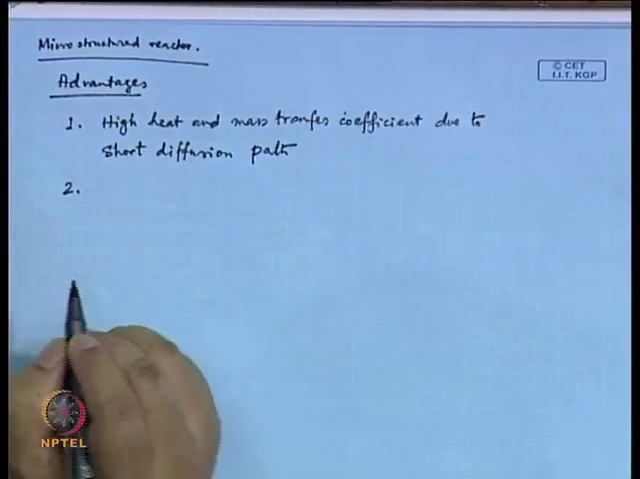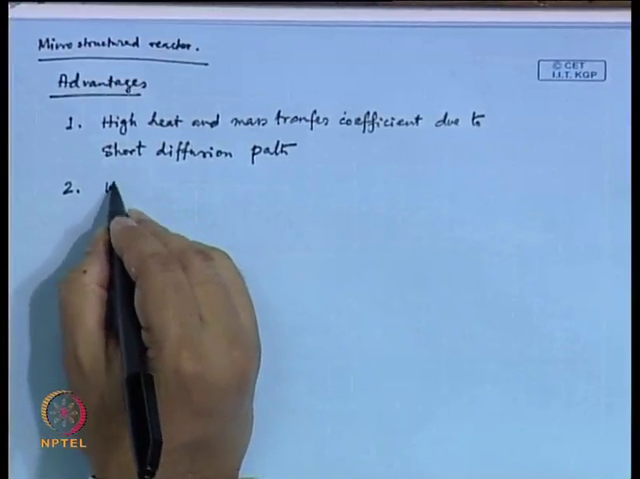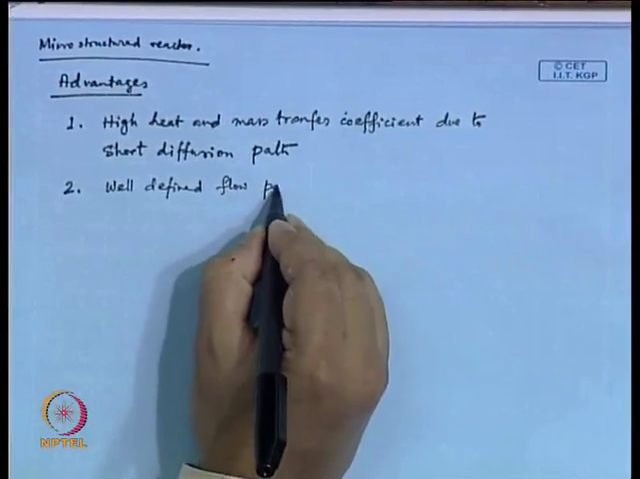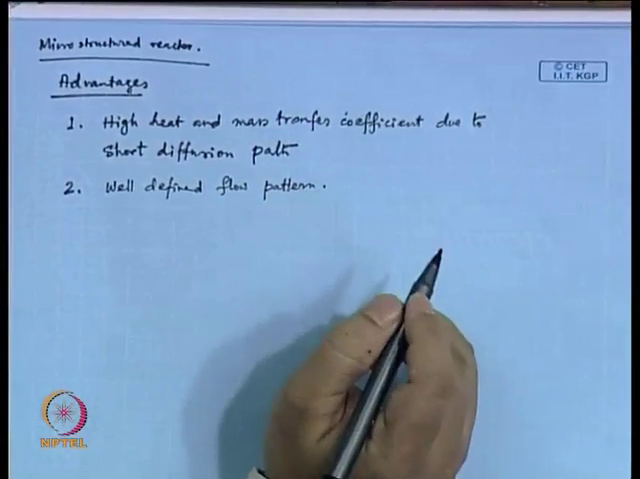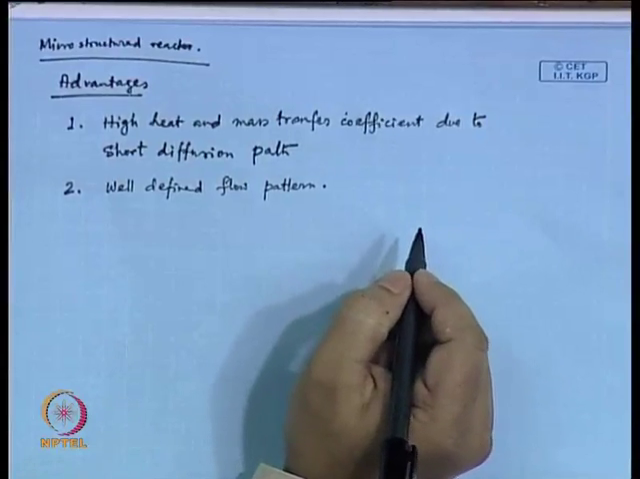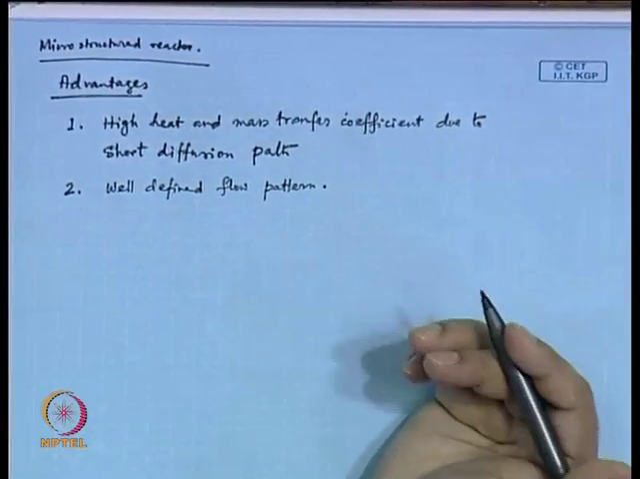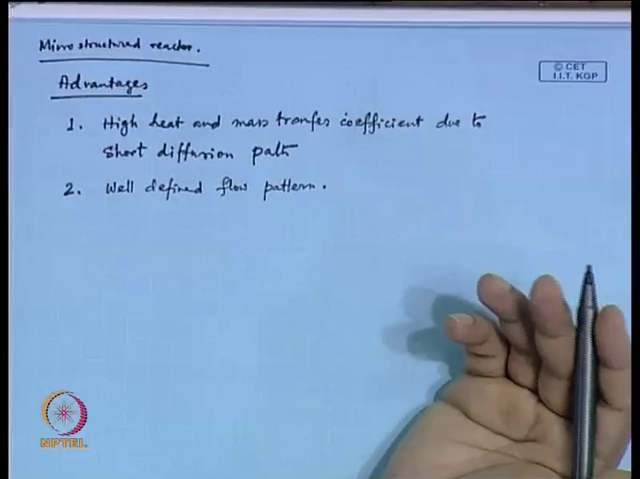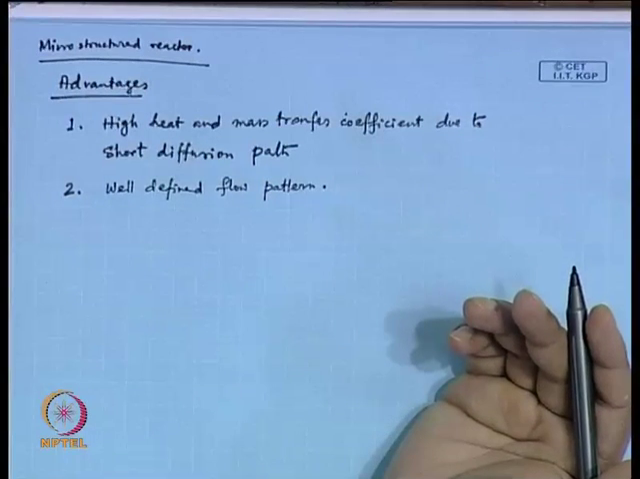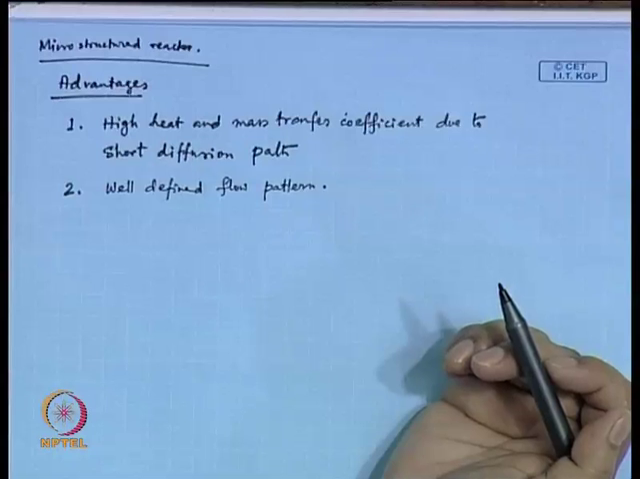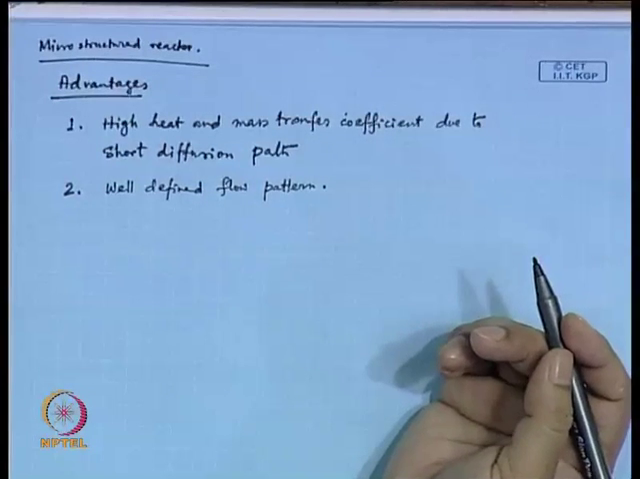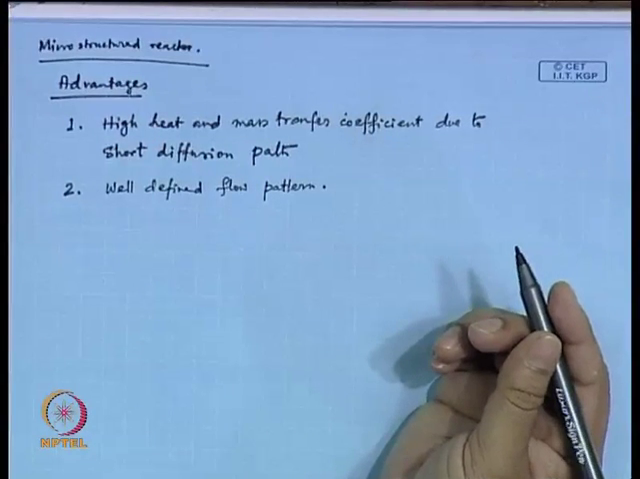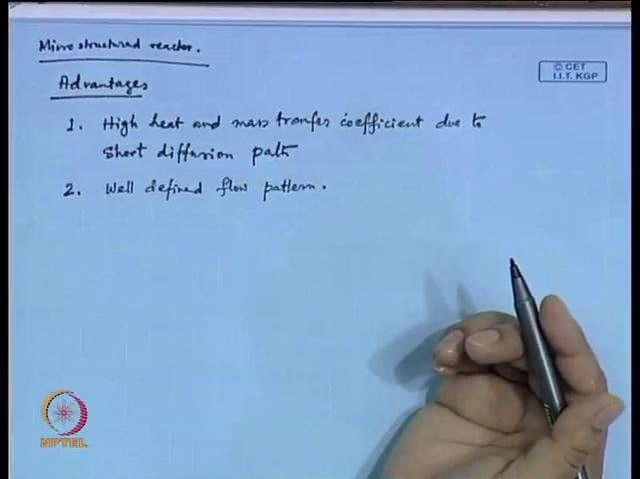Number two is well defined flow pattern. Why I mention this well defined flow pattern is that if you look at other modes by which these reactors operate on an industrial scale, it is basically a packed bed type reactor, but inside a packed bed the channels are pretty random. That means, in some places channels are wider and in some places channels are too constricted. So, the flow pattern is not well defined,